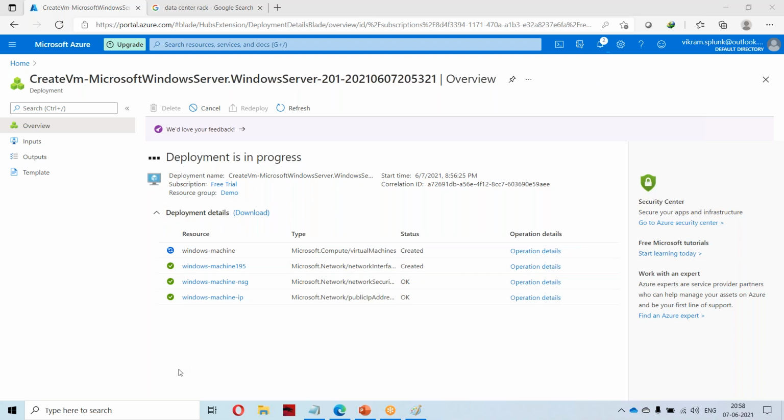Why would you use this when we have a load balancer in place? Now, I haven't created the load balancer, but if you have the load balancer in place, in the backend it will create. Okay, maybe I will show tomorrow.